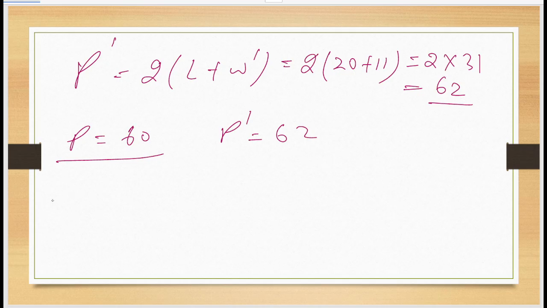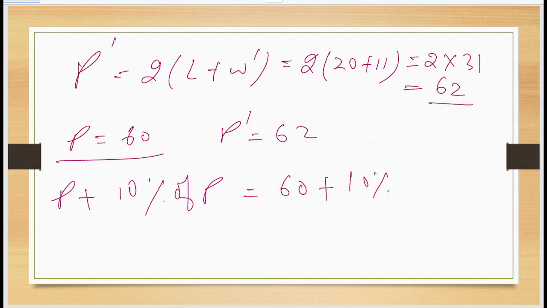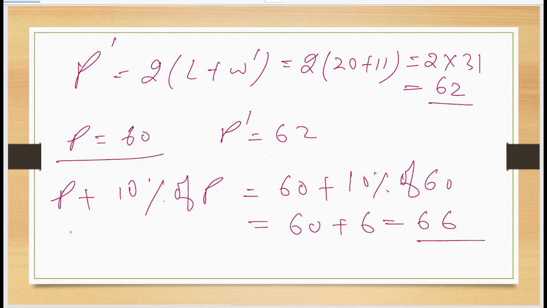That means this will be the original P plus 10% of P, right? So this is the P. What you can find here is 60 plus 10% of 60, that is 6. So this will become 66, right? So now if you see,